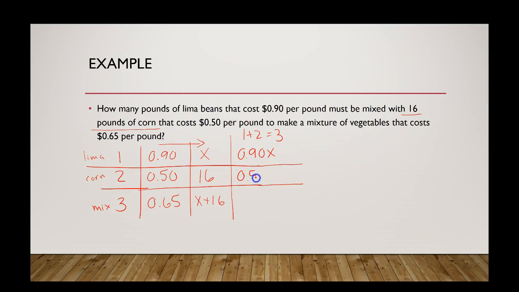This would be 50 cents times 16, which would be 8. This is 65 cents times the x plus 16. And again, 1 plus 2 equals 3. So we got 90 cents x plus 8 for the second equals